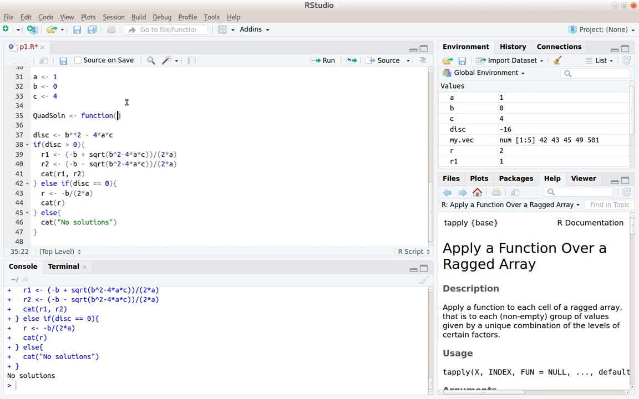Now we'll say function, and at this point we need to decide, okay, so what information does this function actually need? So the information that this function needs is a and b and c. If you have a and b and c, then you can solve the problem. So we'll say a and b and c, like so. And here I'll just close the brace